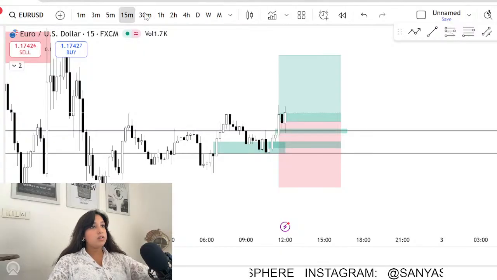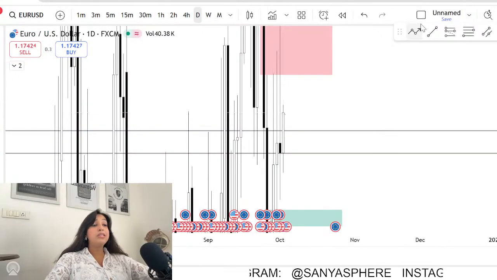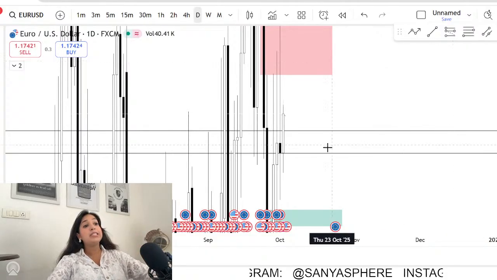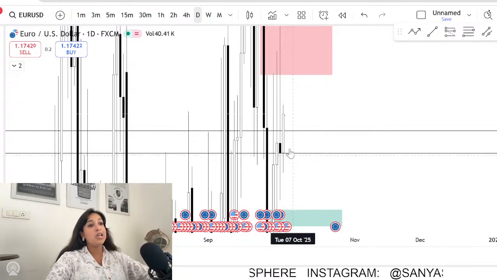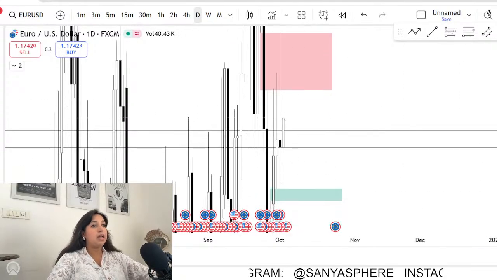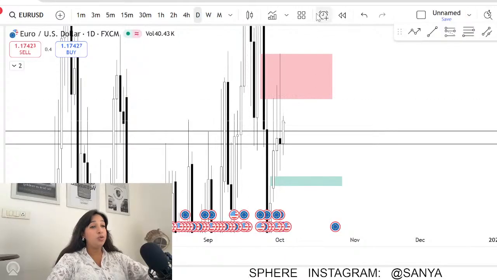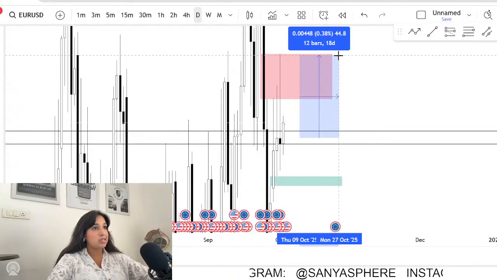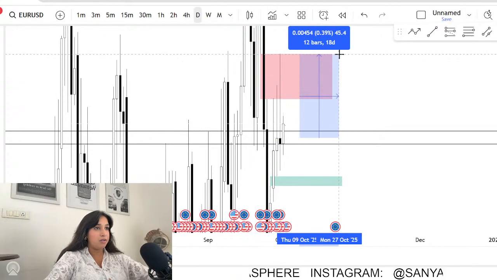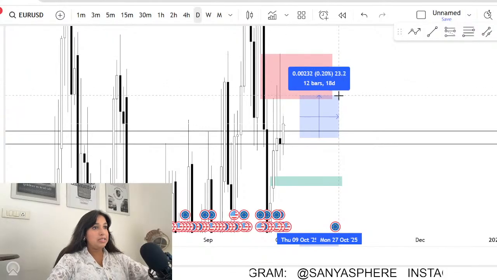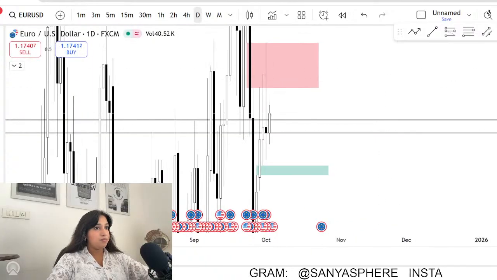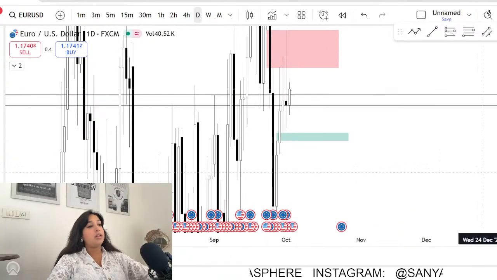Okay, let's hop on to the daily time frame. If we see on the daily time frame, what just happened? We saw that yesterday's candle closed within the previous daily candle, and it had a huge rejection. If I see the wick of that candle, it's around 45. So at least it should fill the half wick of this candle, and then we will get any reversal